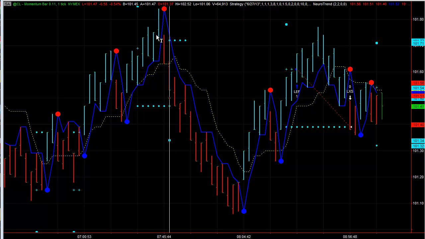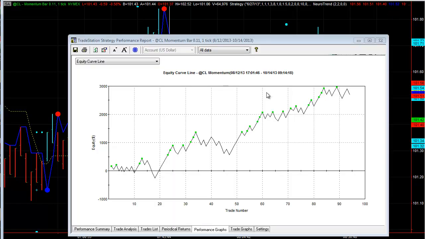And what do I mean by time? Time has to do with the time of day that you start trading a system or a trade plan and the time that you end. So here on the chart, you can see a chart of, just so you know, this is crude oil futures, and this is a day trading chart. And I want to show you mechanical results on a performance report. So let me bring that up really quick.